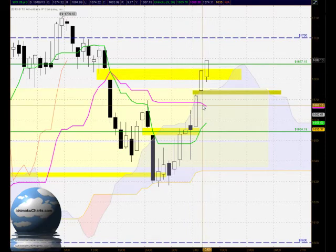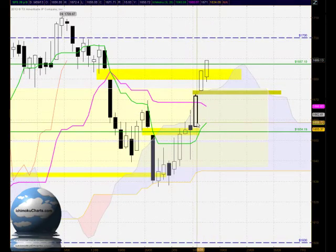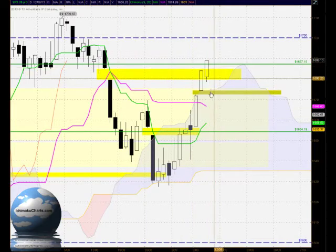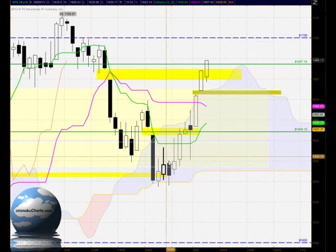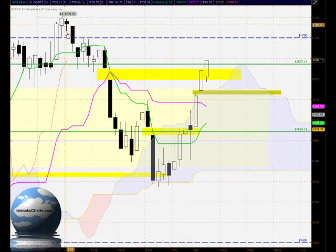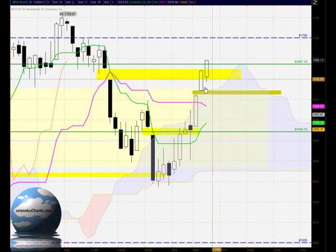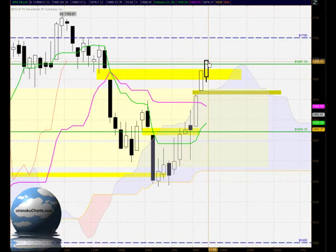Interestingly, the Kijun-sen is pointing down, and that's quite strange to see in a market that's making new highs. It's probably a little bit of lag still left over from some previous trading in this strong downtrend, but certainly not consistent with what we're seeing in terms of the second time frame, with the market making a series of higher peaks and higher troughs all the way back down around this level, around 1646. Looking across here at the Chikou span, that's still below the corresponding price action, so it's suggesting that the market is still exhibiting some negative momentum in that longer-term time frame, and not supporting what we're seeing in all three time frames, with the market being bullish. So there is some doubt about continuation of the trend to the upside in terms of the Chikou span being below the corresponding price action. But other than that,